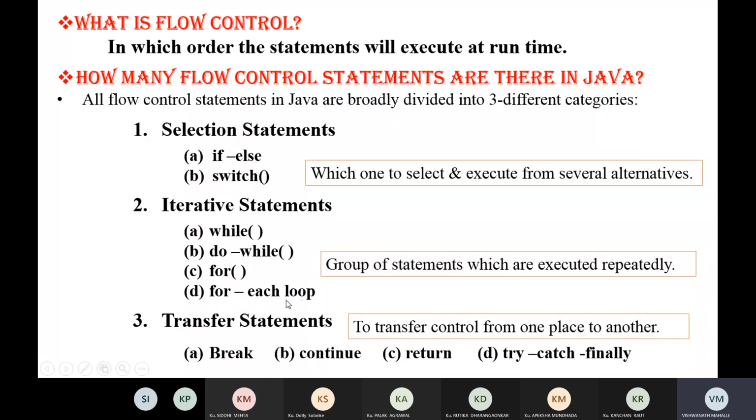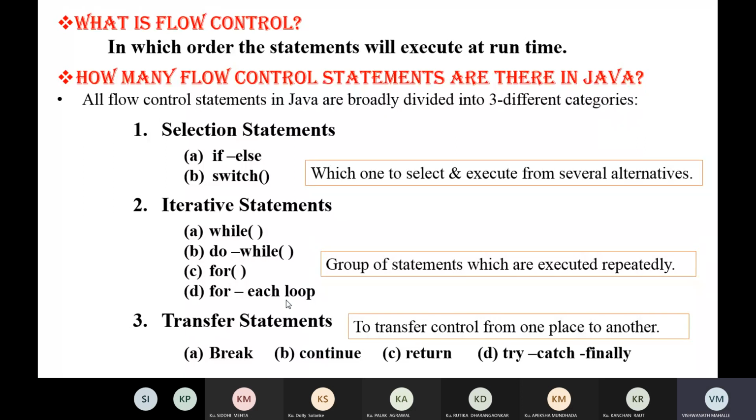The iterative statements are groups of statements which are executed repetitively. Then transfer statements transfer control from one place to another place. We use the break statement, generally in the switch case statement.